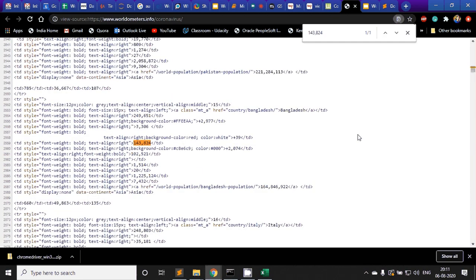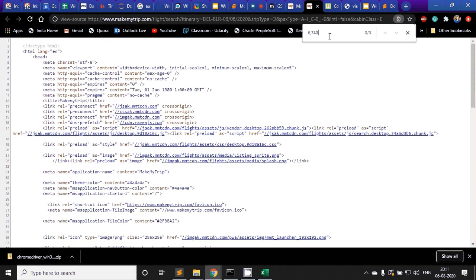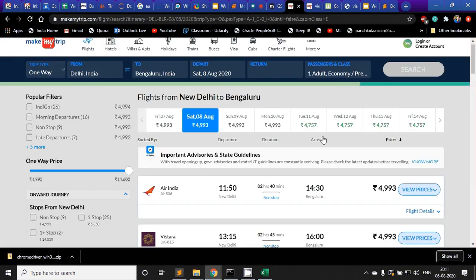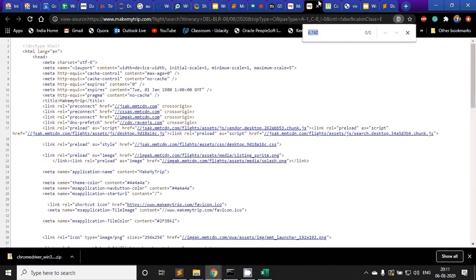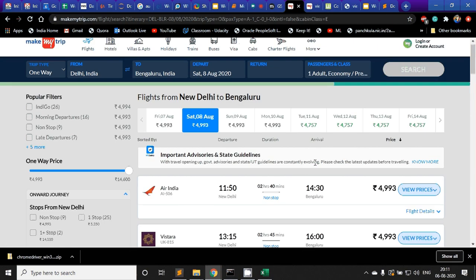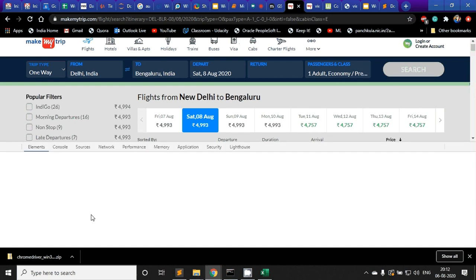When you have websites where you don't have data in the source, you have to do user interaction and rely on the DOM, the inspect view. Ultimately, you scrape what is in inspect. But in the case of a static website, your inspect view and your view source are the same. I hope this makes sense to everyone. That is the maximum we need to know about DOM.